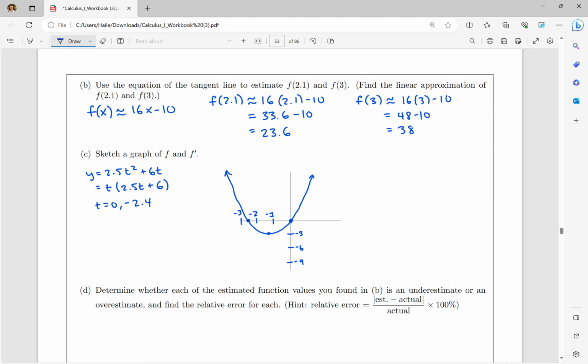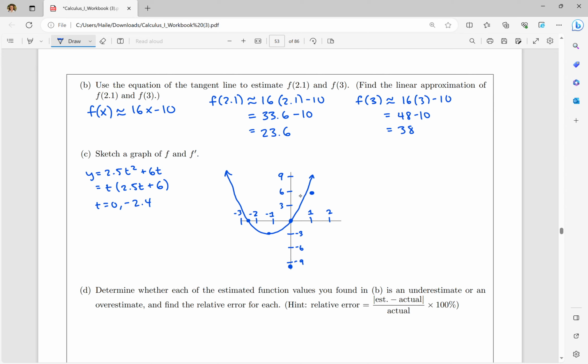And then our tangent line, if we have 1 and 2, and then 3, 6, 9, we have our y-intercept at negative 10, and then we go up 16 over 1,